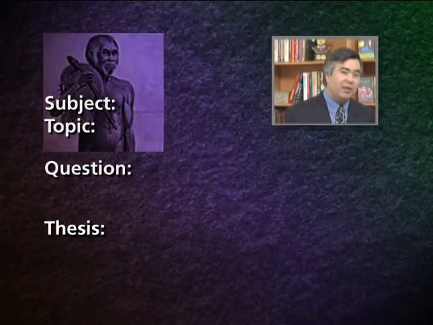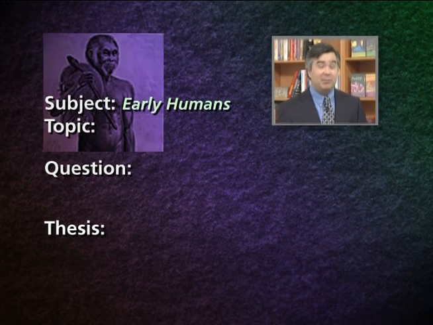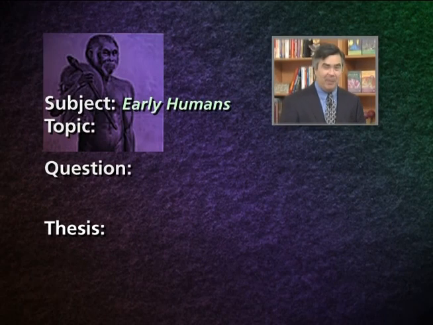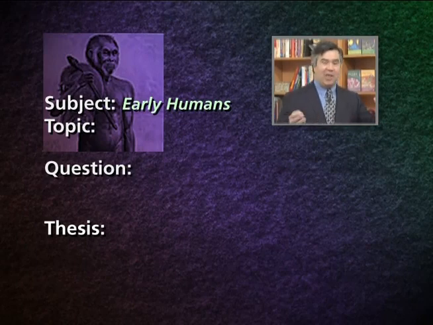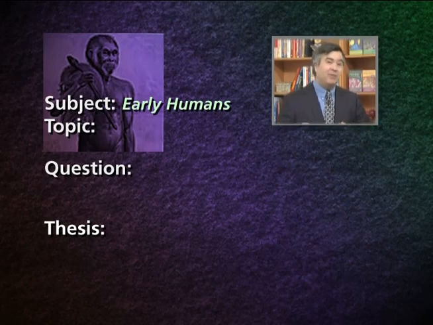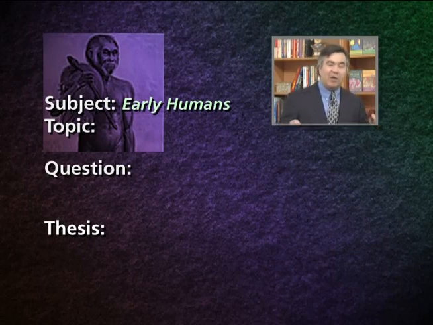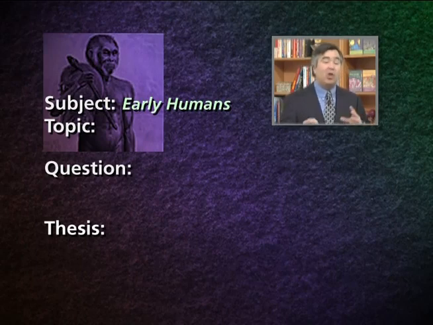Suppose you were taking an anthropology course. Your general subject for a paper might be early humans, because you might be learning about prehistoric human beings, how they originated in Africa, gradually spread to fill the world. You might be learning about their culture, about the development of different physical characteristics of humans in different areas. You might be reading and studying about the invention of agriculture, the invention of metallurgy and language, and various other things that make modern human beings what they are today. So the general subject of early humans might be a broad category of subject area